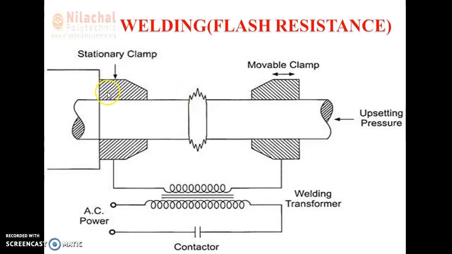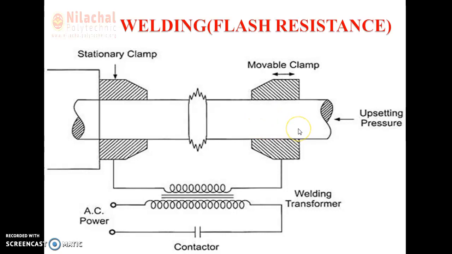Thereafter, we have a stationary jaw, and both ends of the output of the transformer are connected through this workpiece, with the input AC power supply here. Here are the positive and negative, and again we have a transformer. So this positive and negative, or you can say the positive pole, negative pole, or cathode and anode, are connected to both ends.